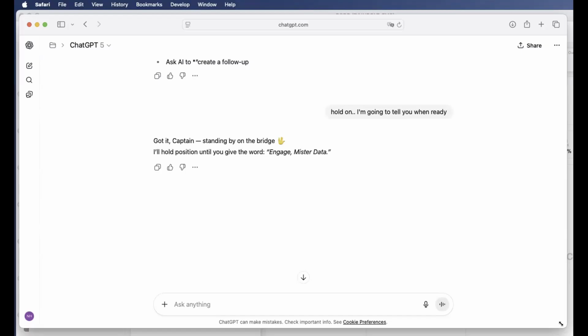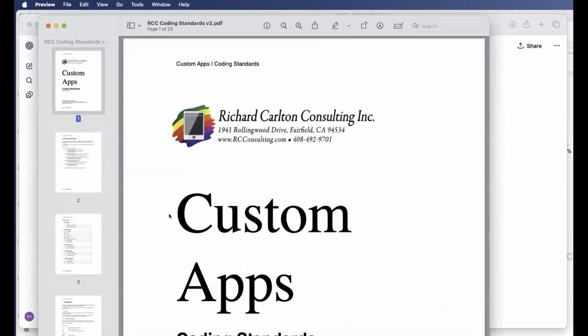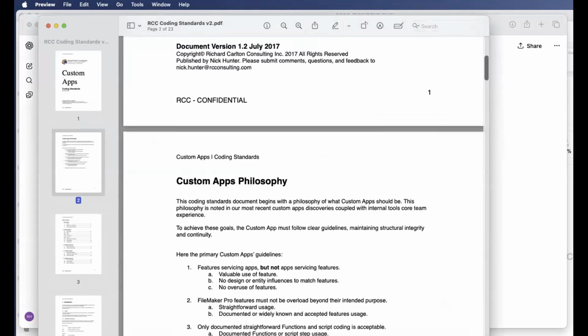Yesterday we demonstrated how we can get the AI to know how you want to name things. But today, we send the coding standard file. Where is the code? Okay, so we send that document.